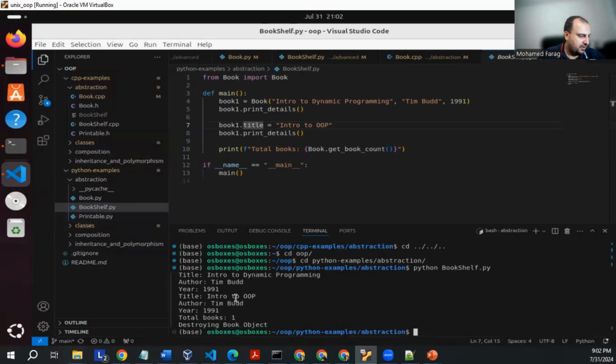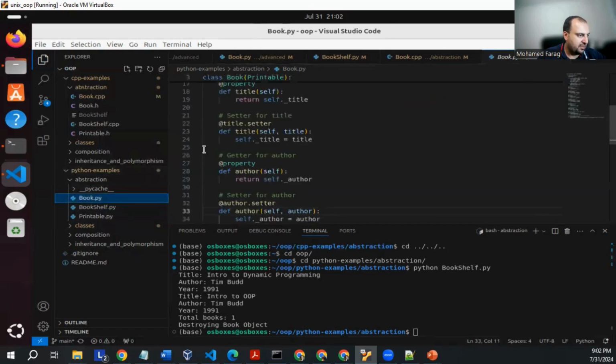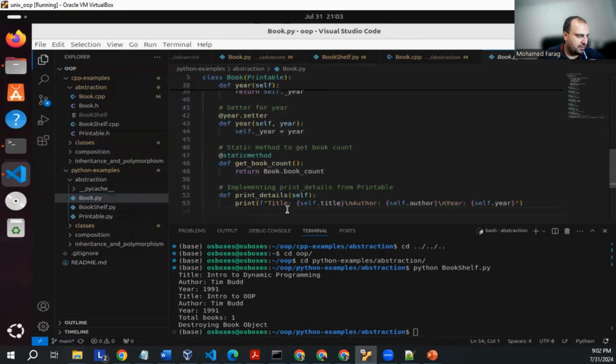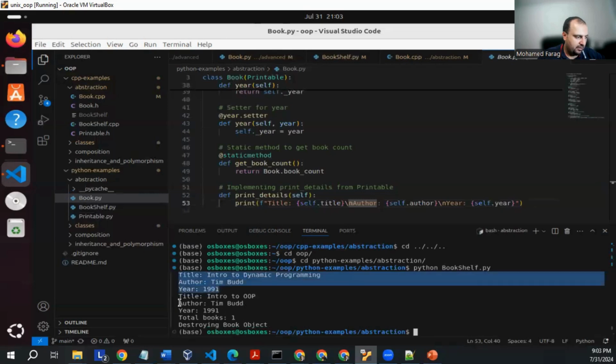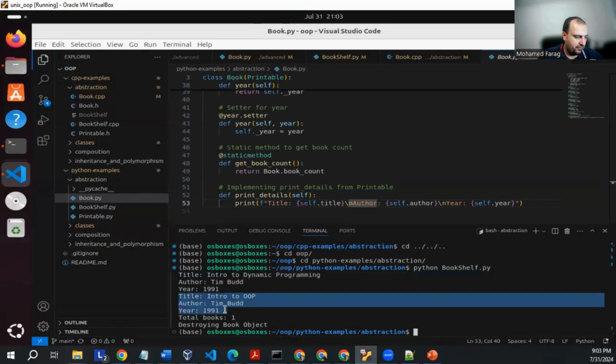Pretty much, this is what we're displaying here. For print details, you're printing the title, then you're getting a new line, then author, then a new line, then year, and so on. And then this one is for the first book, and these results are for the second book,